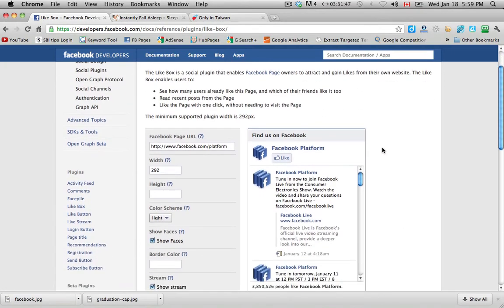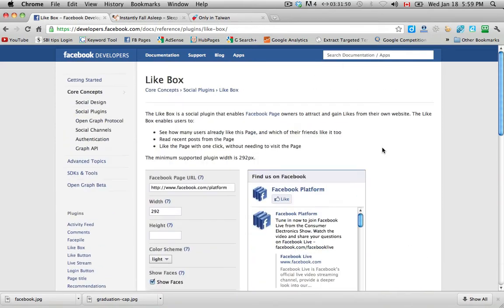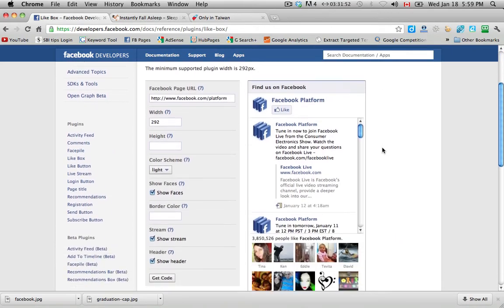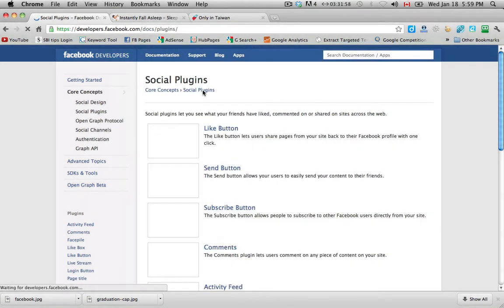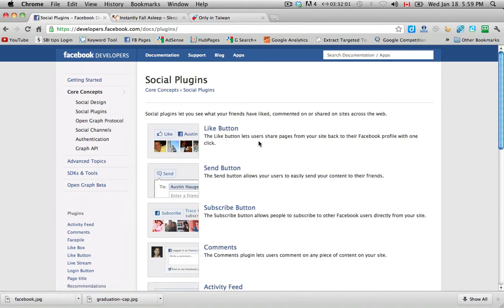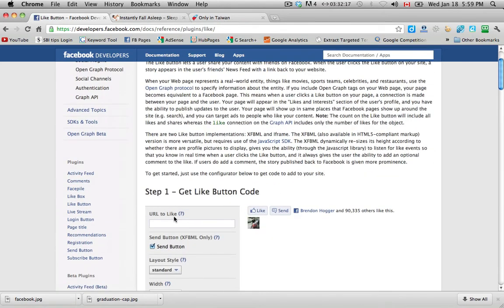Okay, so a like box is not the only social plugin. There are many different ones. So if we just go to social plugins here, we see that we have a choice. We have the like button, and when someone clicks on this, it says here it lets users share pages from your site back to their Facebook profile. So a like button can actually do a couple different things. Here's the URL, so this would be your actual website. Someone clicks like, and it would show up on their profile. It says Reese Richards likes